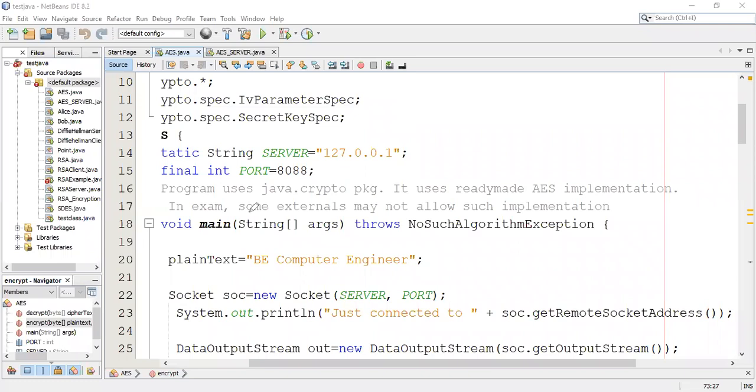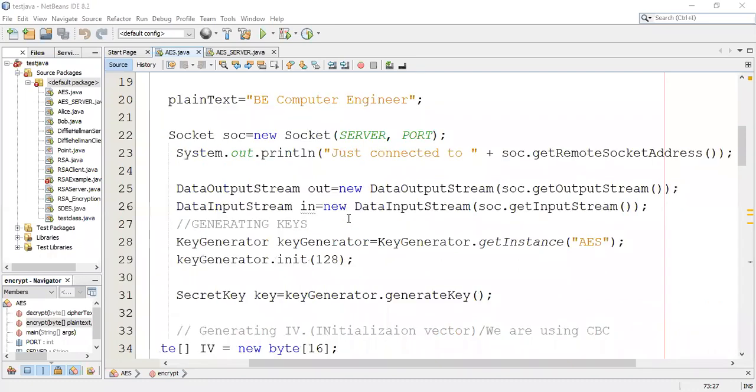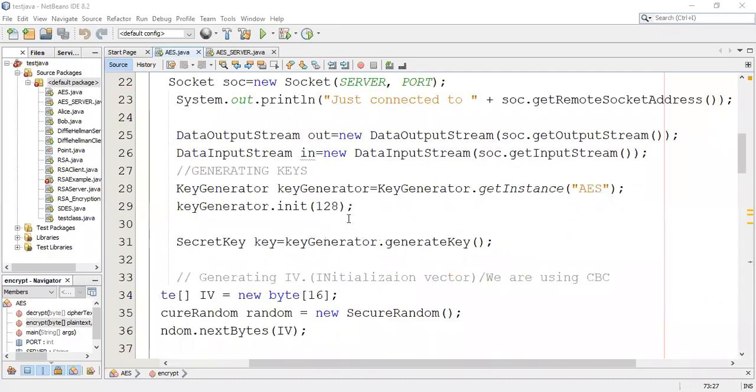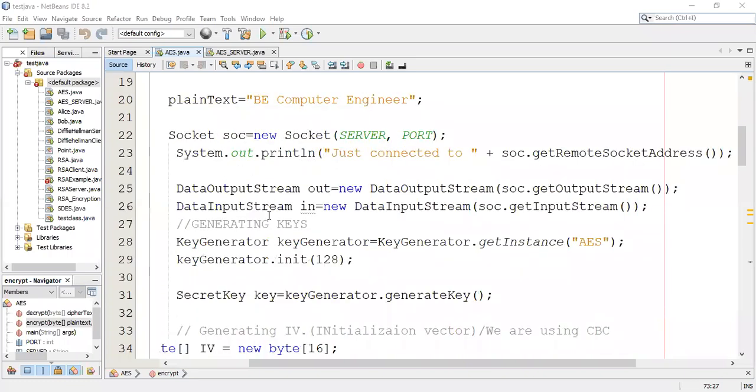Okay, now go for the next one in the comment that I have already given. Just the encryption, I have taken one plain text. I already told you this algorithm, the Advanced Encryption Standard algorithm, so the plain text you have to consider as one string, and the string I have considered is the value B computer engineer.